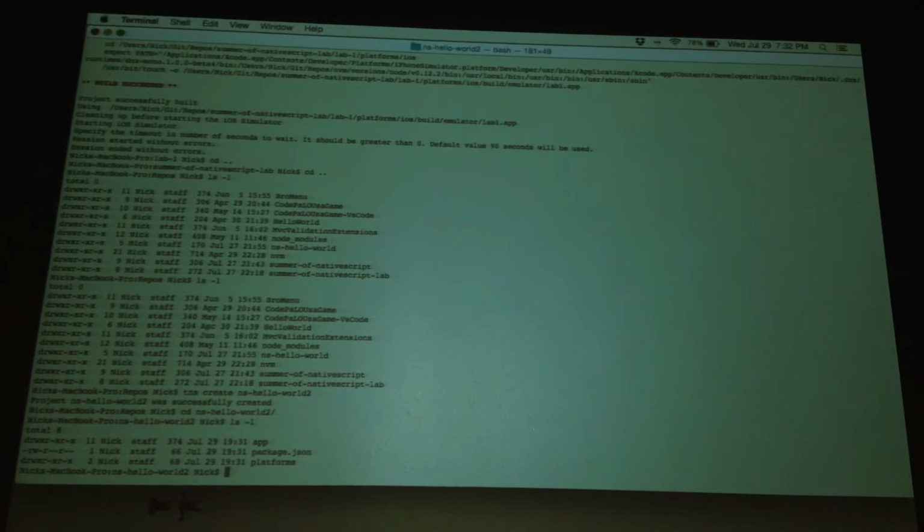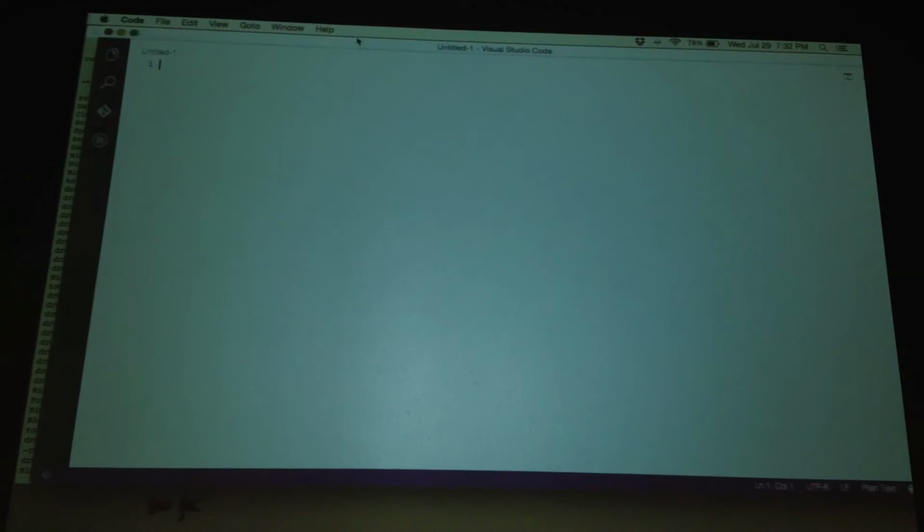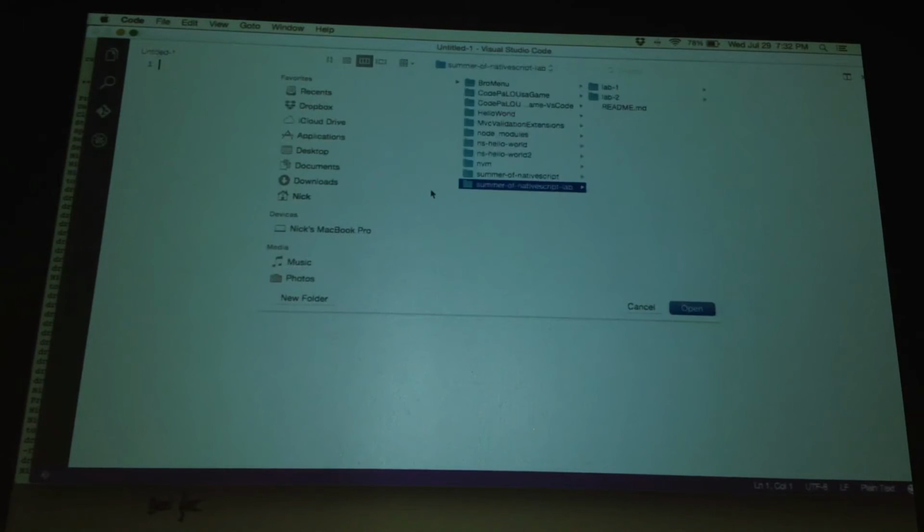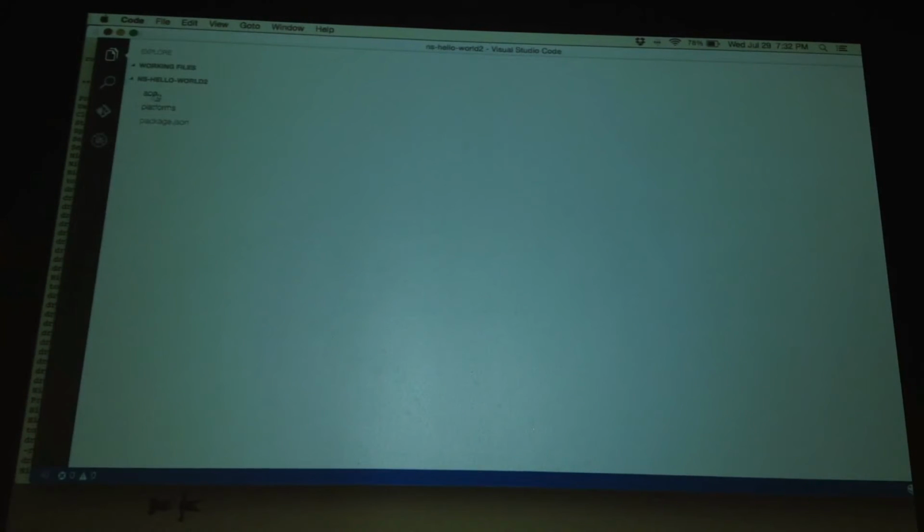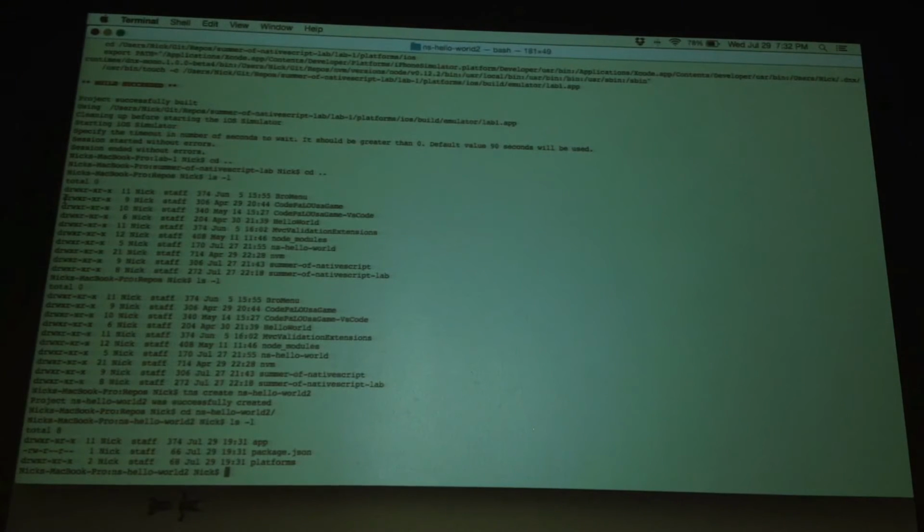So I'll just show you this. I also have Visual Studio Code installed on my Mac. And what we can do from here is open, this is really hard to see like this, open that new folder I created, right? Holy cow, we have a whole project here. That is awesome. This is a whole Hello World project. All right, that's really cool. I'm not going to show the slide here because it doesn't matter.